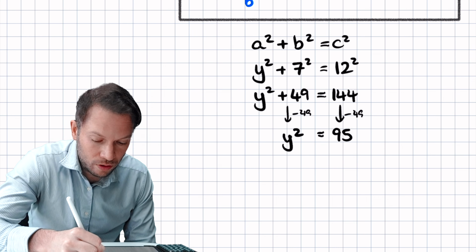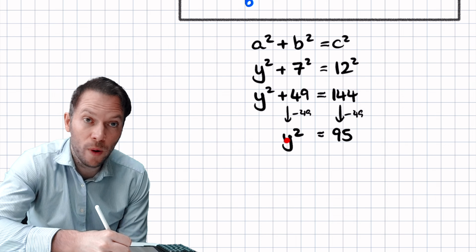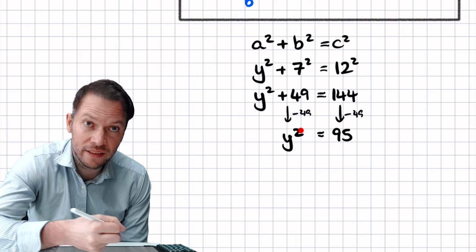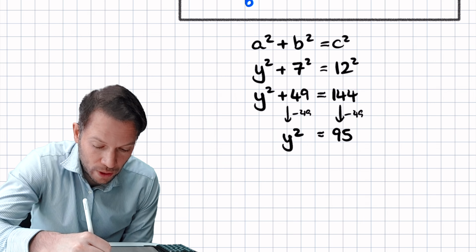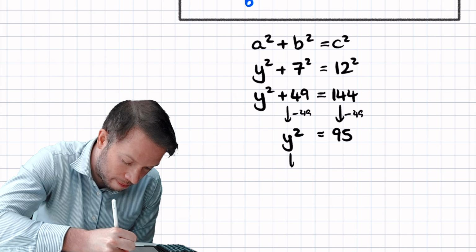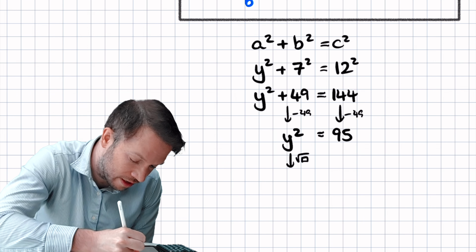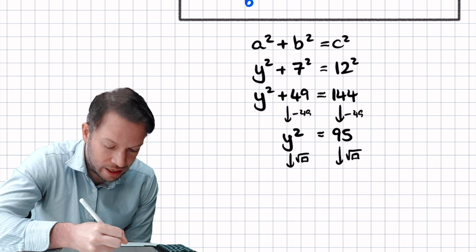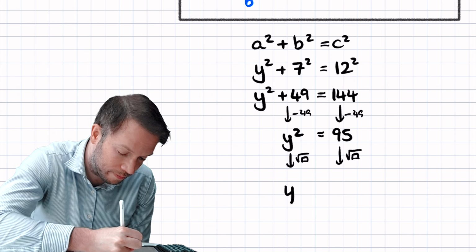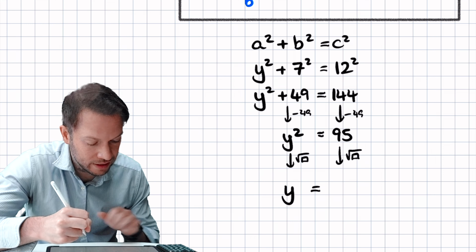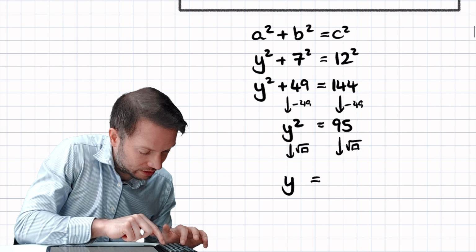And now we want to get y on its own. y is being squared, so we want to undo the squared. To undo squared, we square root both sides. So we square root the left-hand side, square root the right-hand side. The y squared just becomes y because the square root cancels out the squared. And then we do the square root of 95,